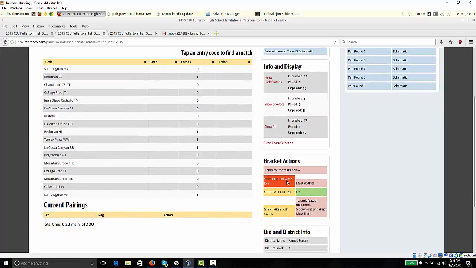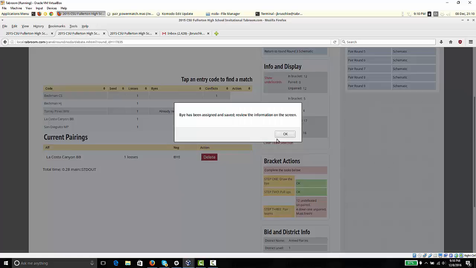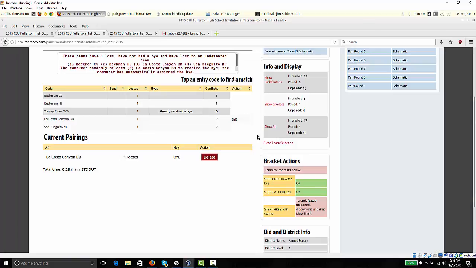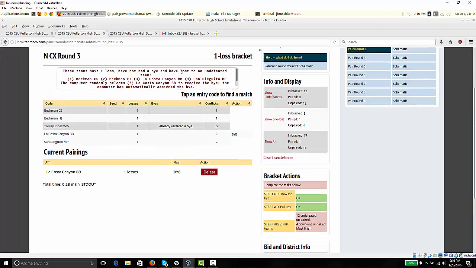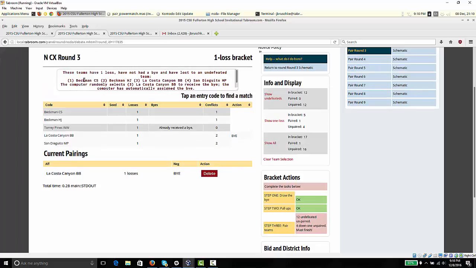The first one is drawing the bye. As you can see, you have the instruction that you have to do that. Now that's because there are 5 teams in this down 1 bracket. So I will click this button. This message tells me the bye has been assigned. This message tells me how it did that. So it says these teams have 1 loss, have not had a bye, and have lost to an undefeated team. It then lists these 4 teams that meet that criteria. It says the computer randomly selects team number 3, La Costa BB, to give them the bye,